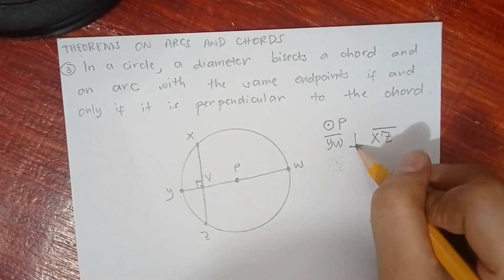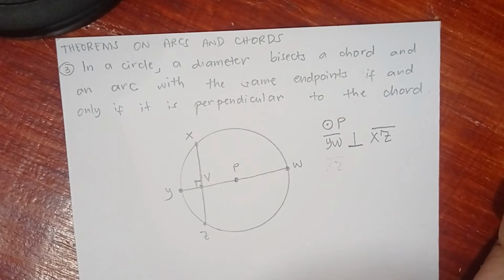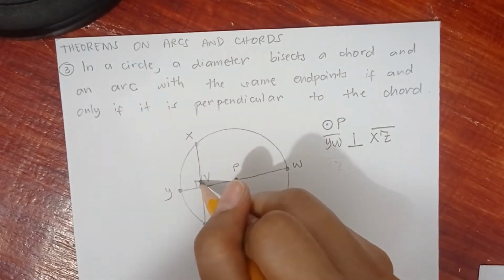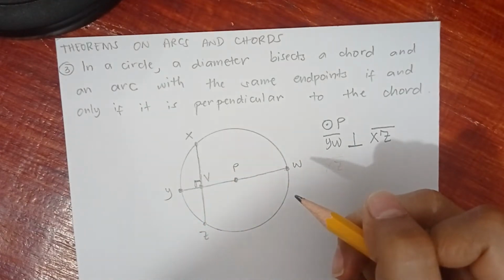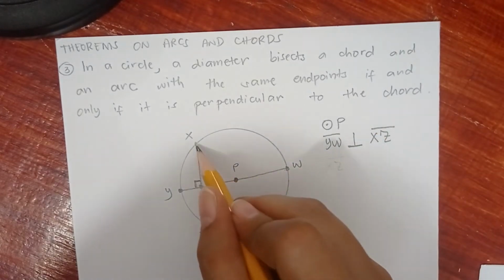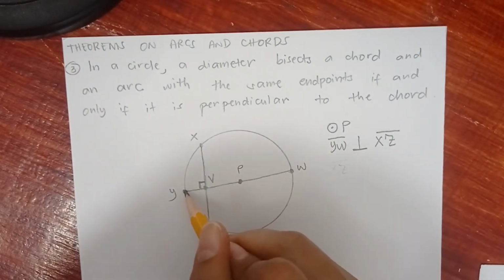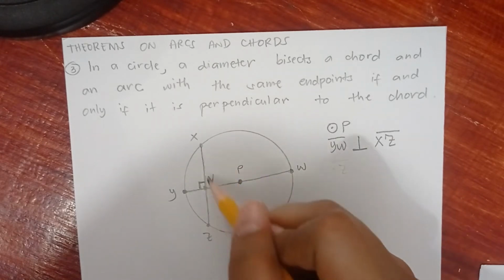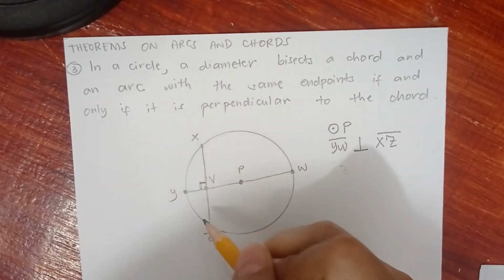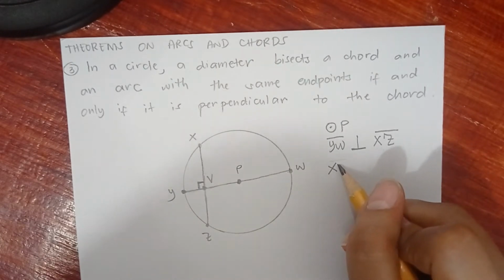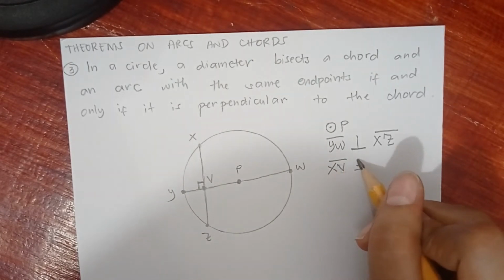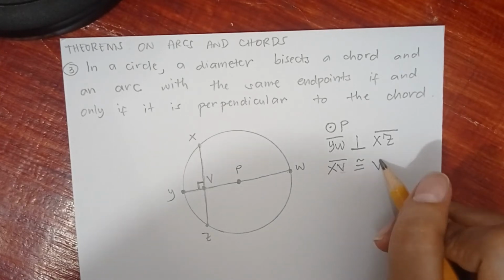Ito yung symbol ng perpendicular, class, diba? Pag sinabi natin perpendicular lines, nakakabuo ng right angle. Kaya nga meron kayong nakita ditong symbol. Itong maliit na box na yan is a symbol for right angle. Then, dahil kung halimbawa perpendicular daw sila sa isa't isa, yung diameter at yung chord, therefore,